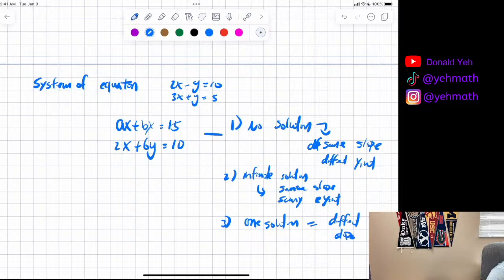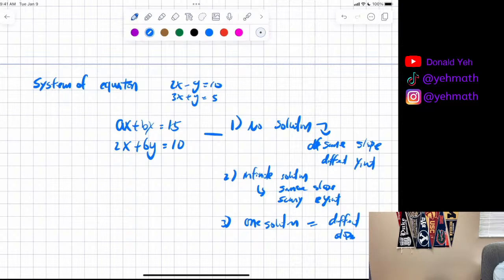Yes. Can you explain no solution again? For no solution, all you have to do is have different y-intercepts with the same slope. Because if the lines are parallel like this, they are bound to not cross. But if you have a little bit of change in slope, there's always one solution. No solution is the same slope.